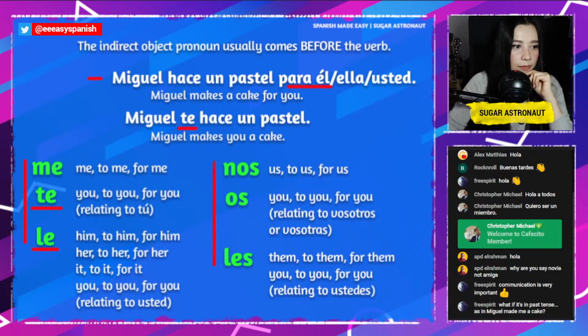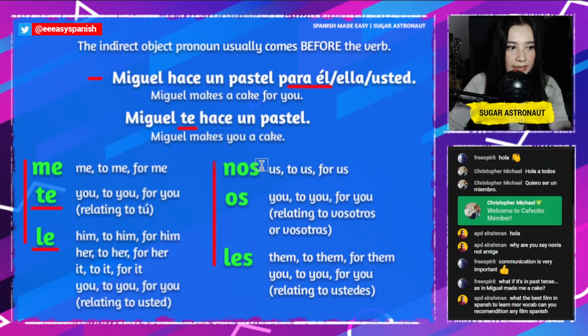What if it's in past tense, as in Miguel made me a cake? We can do that, the past tense, after using le. Essentially, it's pretty much the same, but let's talk about that after we use le. Okay? Great question. That's a good question. Okay, so